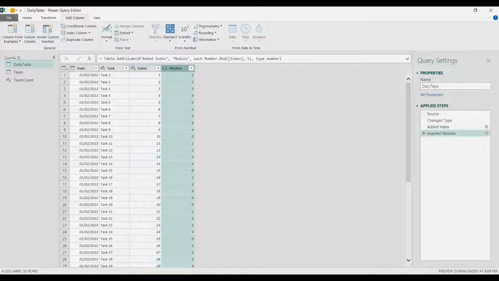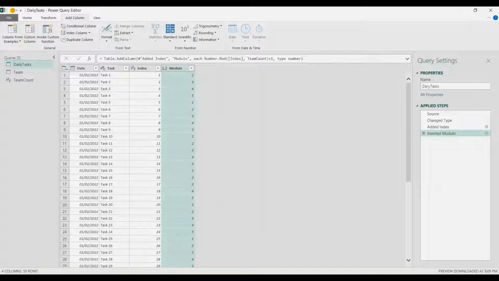And then to make it variable in the formula bar, you can see here the 5. Delete that and write team count, and that's it. Enter. So as you can see in the modulo column, there is a 0. So 1 to 4, and then it begins to 0. So to eliminate the 0, we're gonna add 1 right after the team count and the close parenthesis. So add 1, enter, and that's it. The important here is to remove the 0.